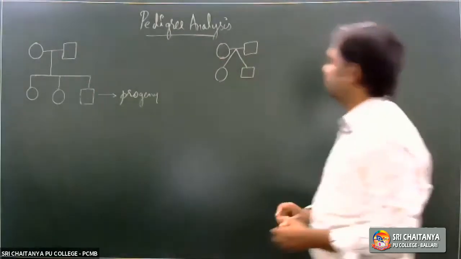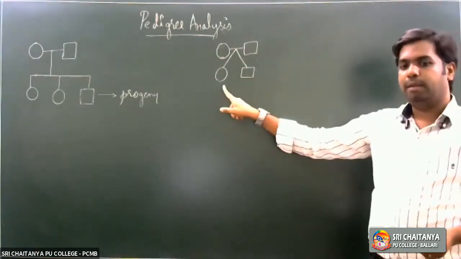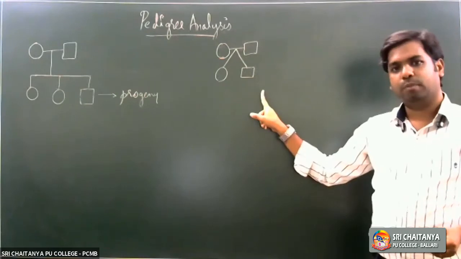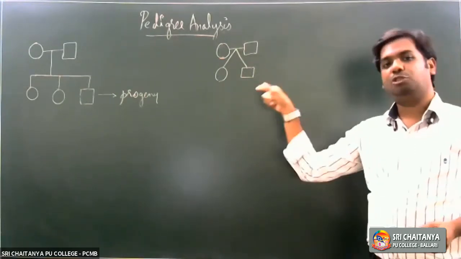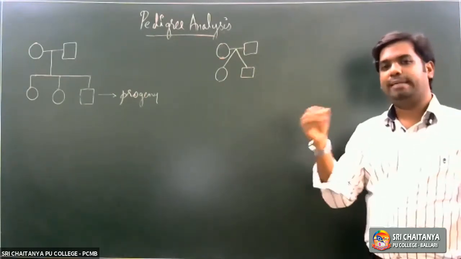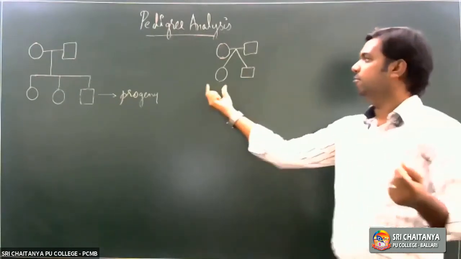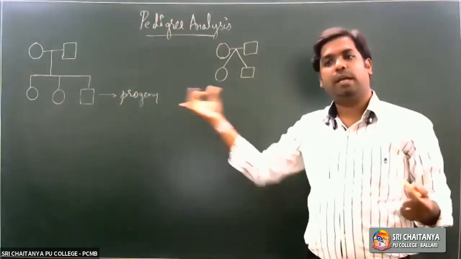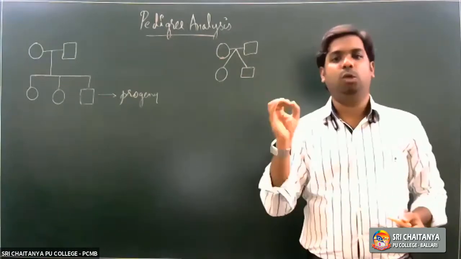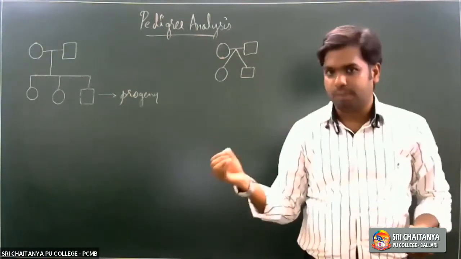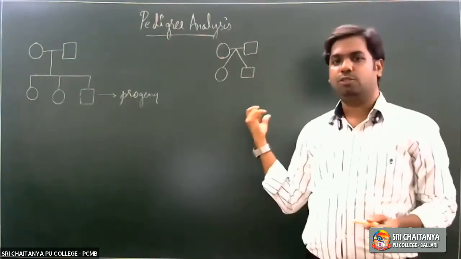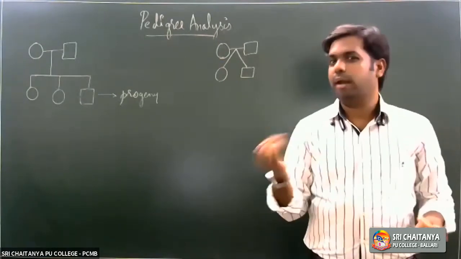So this is one condition. One child is a female, the other child is a male, right? So when do we get twins with one male and one female, one son and one daughter? Only when the twins are dizygotic. We start calling them non-identical twins. So what are dizygotic twins or non-identical twins?